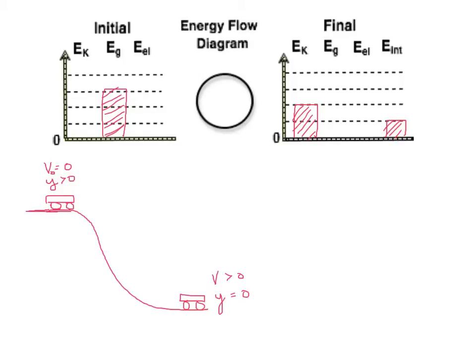But the total, initial and final, is still going to be 1, 2, 3, and 1, 2, 3 blocks, both before and after. Now the other thing we can say, if we look at the same scenario, only now we say, hey, what if there's somebody up here that's actually going to give this cart a shove